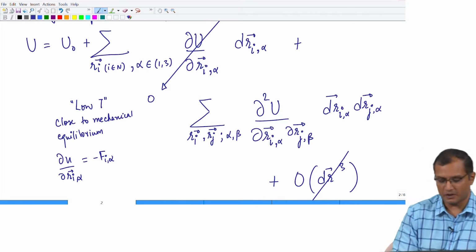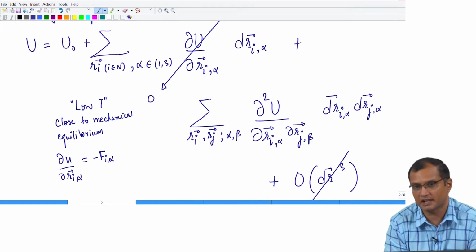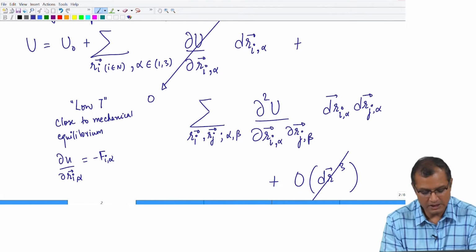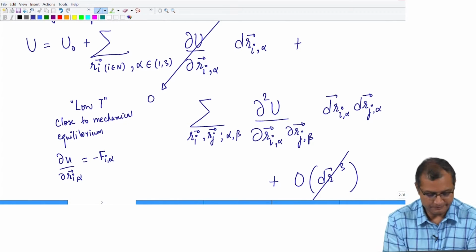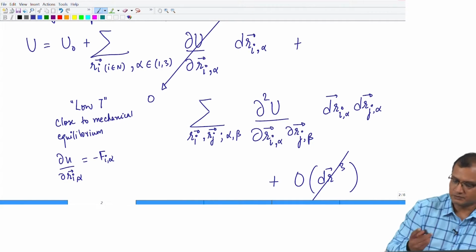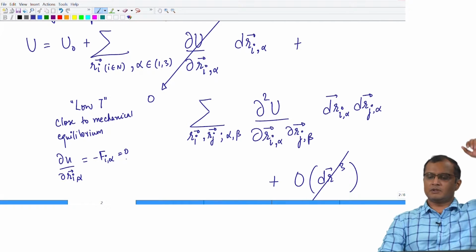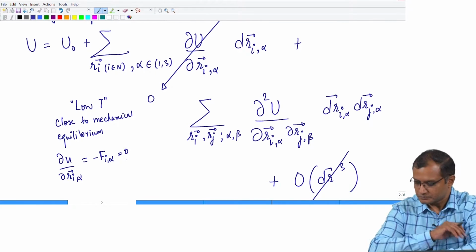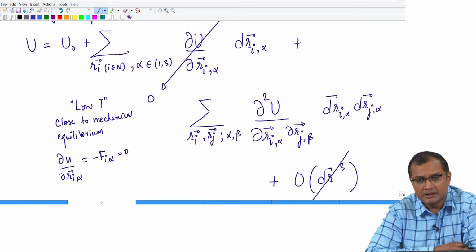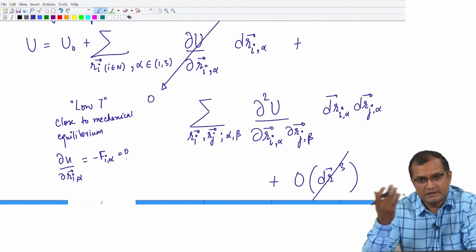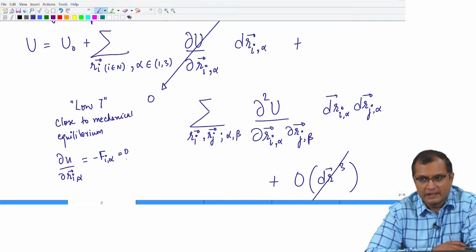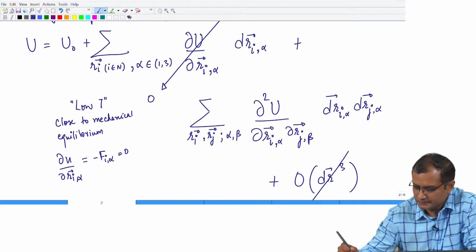I have taken the alpha component of it. So, it is the negative of the force acting on the ith particle and the alpha component of it, and that has to be 0 because we are close to mechanical equilibrium. So, all first order derivatives will be 0, and we have taken the higher order derivatives to 0 because they are anyway negligible. So, our